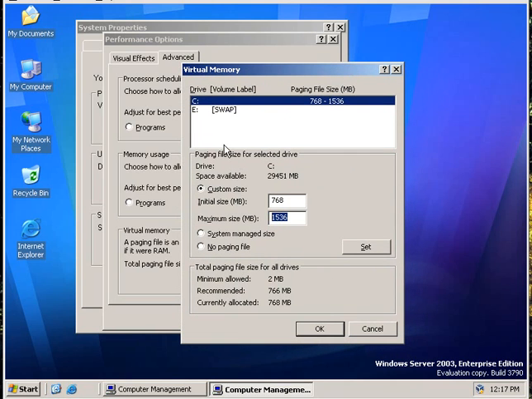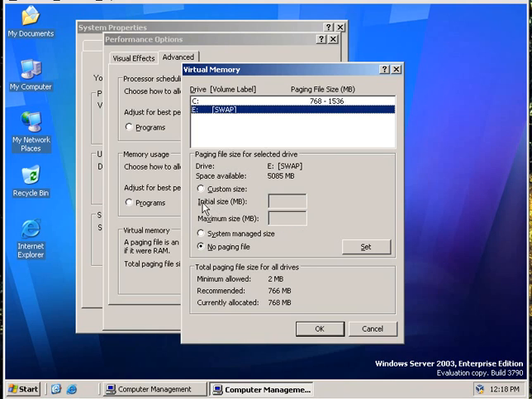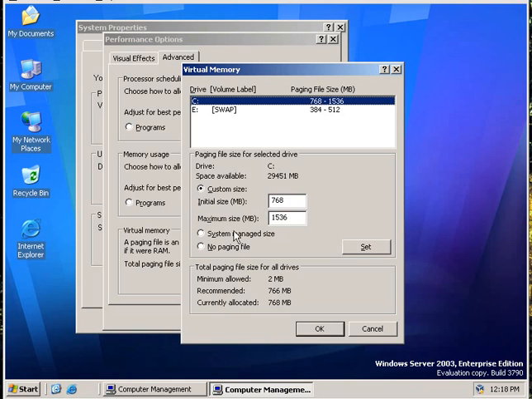So for the sake of this argument, let's say we want to change this, and we're going to actually put this thing down on the D drive according to this experiment. So first thing we want to do is change it. So we need to create a new one, and for the numbers in the book we say 384 as the initial size, and a max size of 512, which matches our install we're going to set. Then we're going to remove this by hitting no paging file,